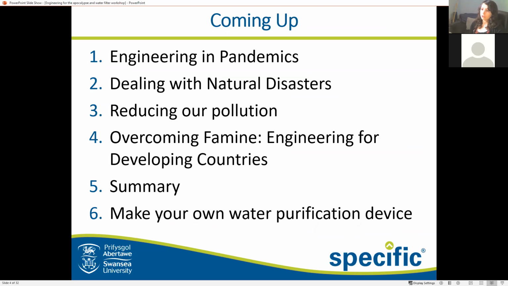Number 3, we'll have a look at ways that we can reduce our pollution levels using engineering initiatives to try and minimize our harm on the planet, which will hopefully lead to less damage and increase the lifespan of this Earth. 4, we'll be looking at ways of overcoming famine, so engineering for developing countries to try and help those who need it most. Then we'll do a little quick summary along with some references